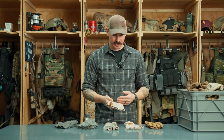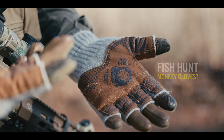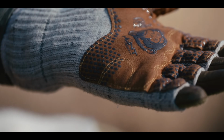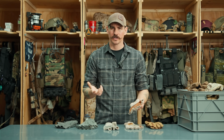But you can find these on Amazon, and what these are are rag wool gloves, and then they have a synthetic palm. So it does have quite a bit of grippy texture on the palm. But one downside to this is that you then lose the flame resistance that a wool glove would have, because now you're adding synthetic materials into the mix. But if flame resistance is not that important to you, then these are an option that do give you quite